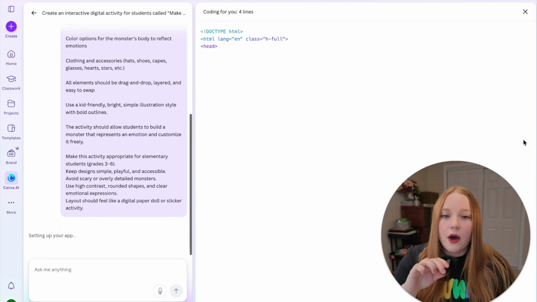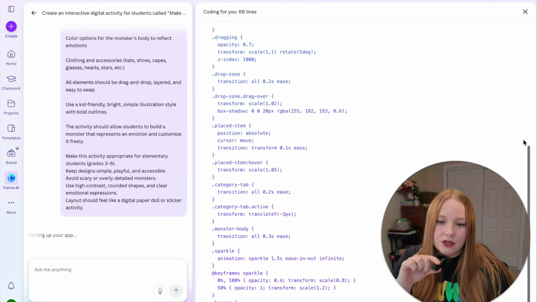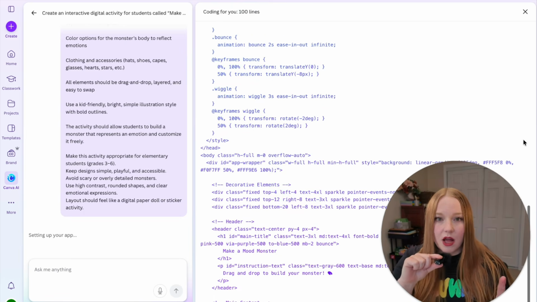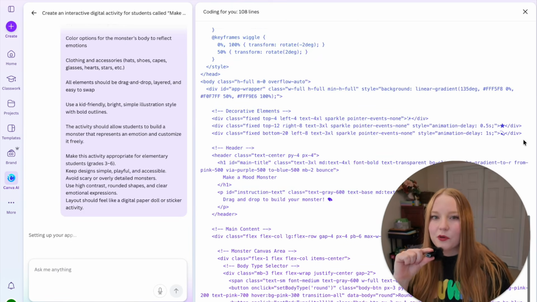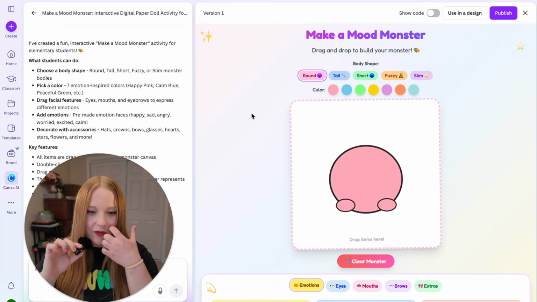Now Canva Code, I've done a couple videos on this. It does take a minute. As you can see, it's going to code some stuff for a while. So we'll just let this run and when it stops, I will resume the recording. A few moments later. All right, I've moved over because the activity is more on the right side here,